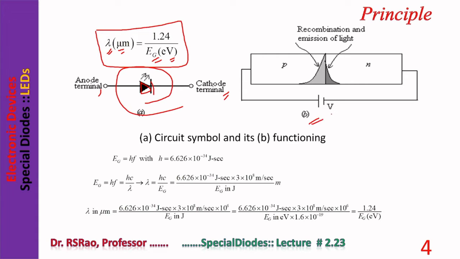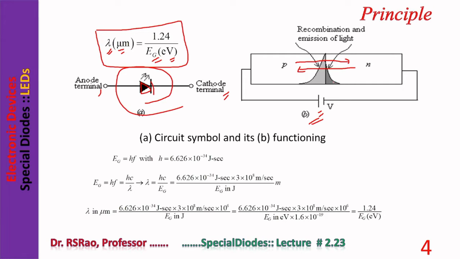In B, functioning is explained. Notice the diode is under forward biased condition. So electrons get injected from right side to left side. Holes get injected from left side to right side. So there is a chance for electrons and holes to meet in sufficient numbers so that maximum amount of recombination